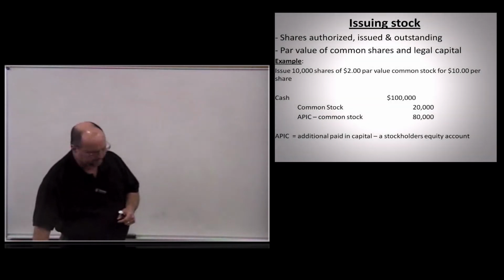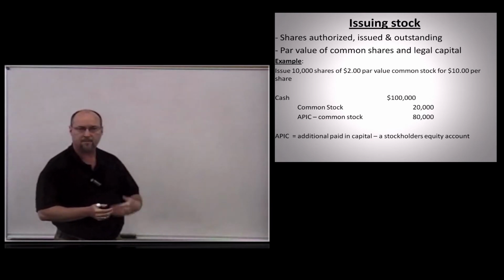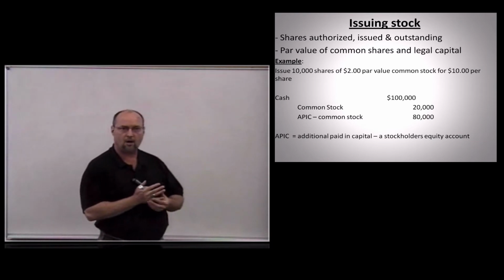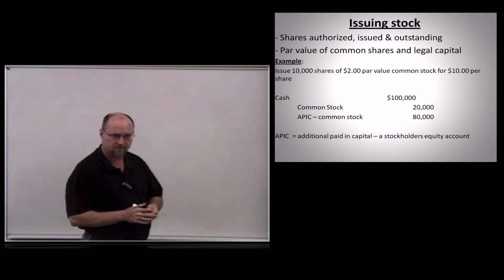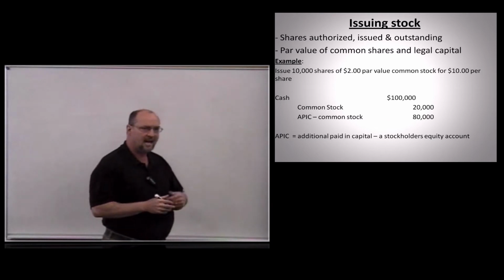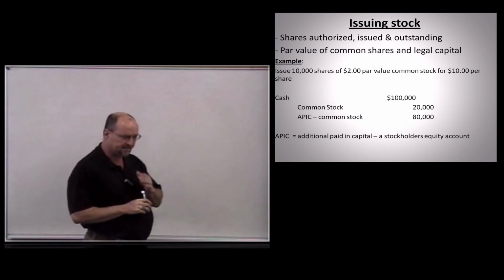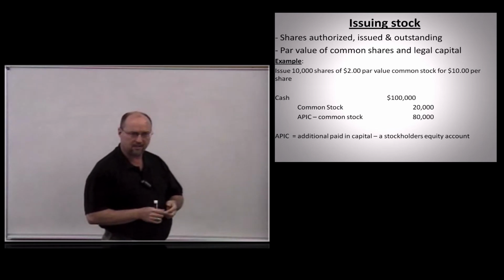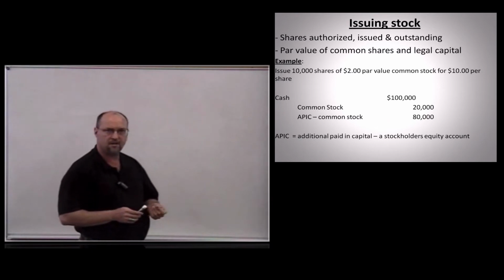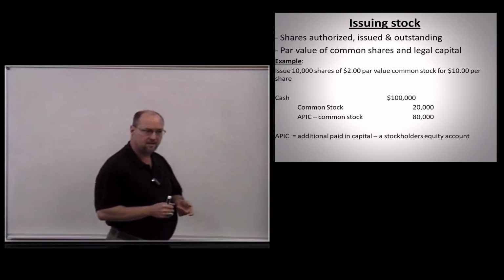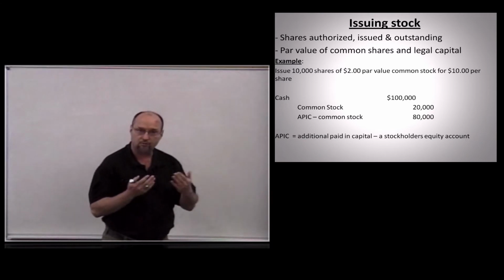All right, so let's start by talking about common stock. When we start our business and we file our articles of incorporation and our business charter, which are comparable terms, and we establish the operating rules, what they call the bylaws of the company, not stuff that you don't really have to worry about in this class, more business law stuff, one of the things we have to do is request that a certain number of shares be authorized so that in the future we can then issue or sell those shares to people to raise money.